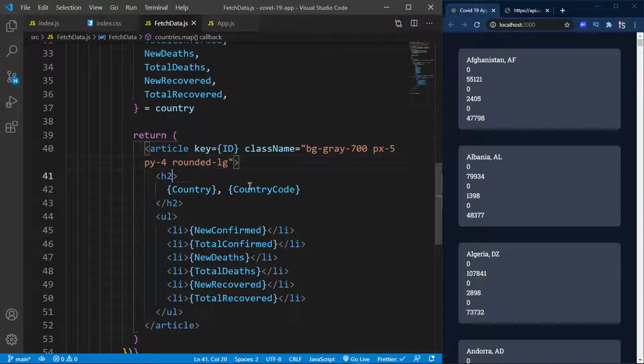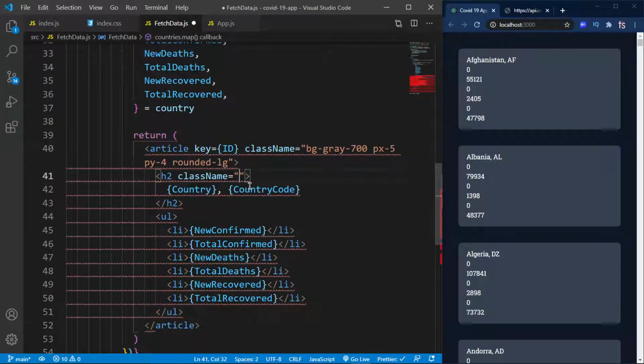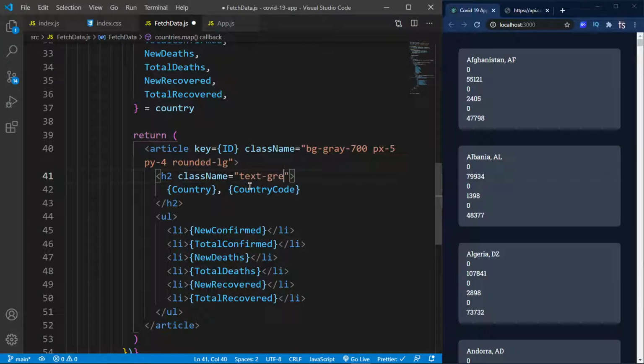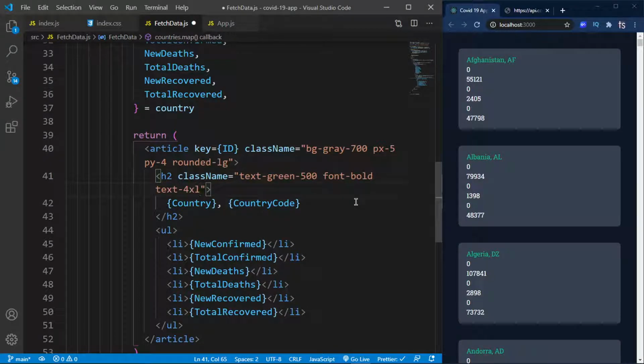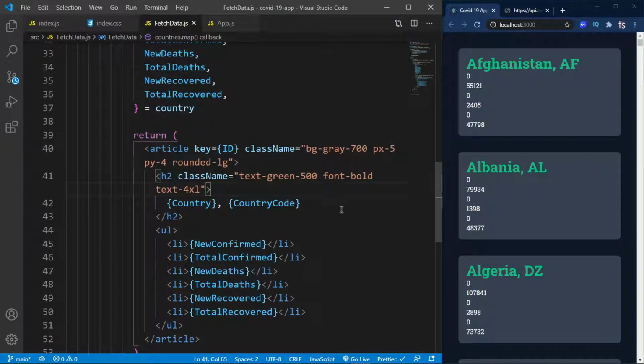And then for each of these H2s, I'm going to go inside. Why do I keep doing that? I want this H2 to have a green color, so I'm going to say text, not a background color but the text color. So text green of 500. We should make them like this, right? And then say font bold and text XL. Make it just a bit bigger. Let me say 600. Nope, 400. I want it just a bit lighter. There you go. So 400. And then